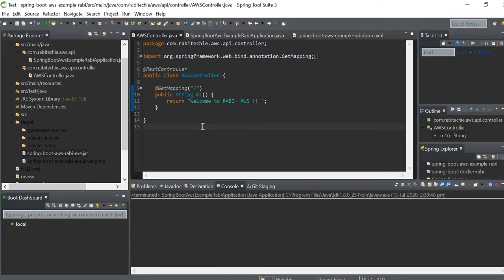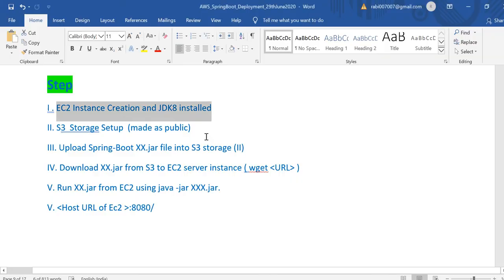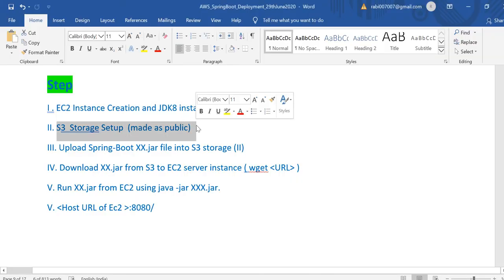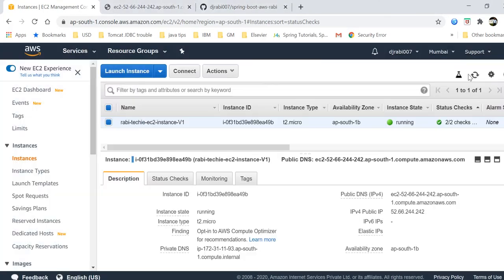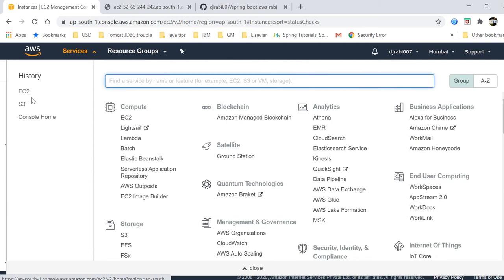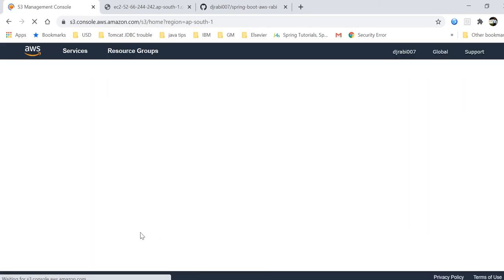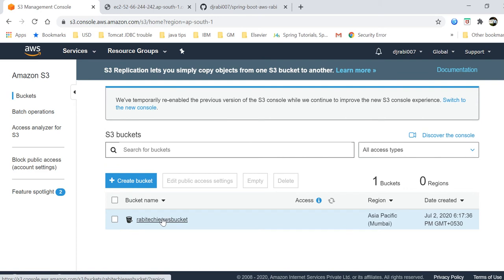I have created the jar file, and this jar file I will upload to the S3 storage, in the bucket, and then download it from S3 to the EC2 server instance by using a wget URL. Let me check the S3 storage setup that I have already created.